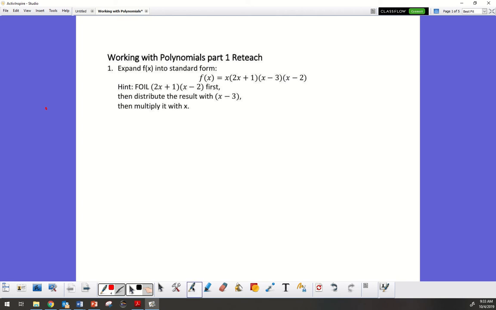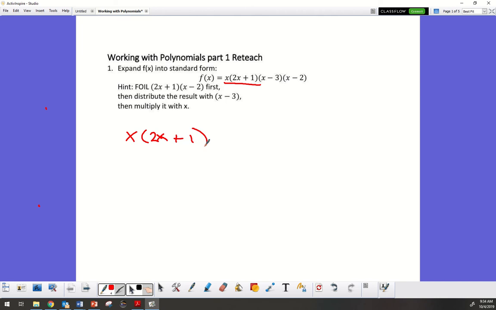So right here we have, expand this into standard form. So we're going to FOIL. So we're going to do this. I'm going to start off with distributing. I'm going to distribute this first. So if I distribute that, it's going to be x quantity 2x